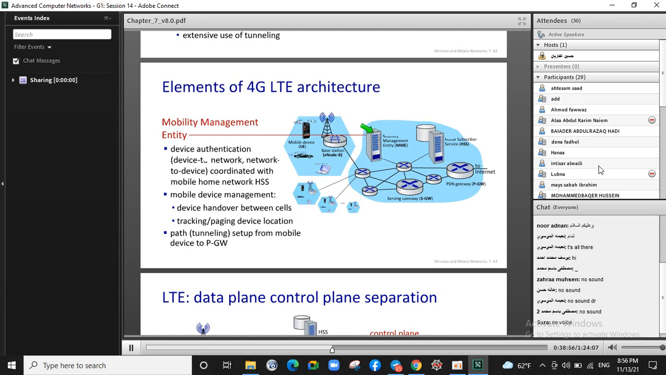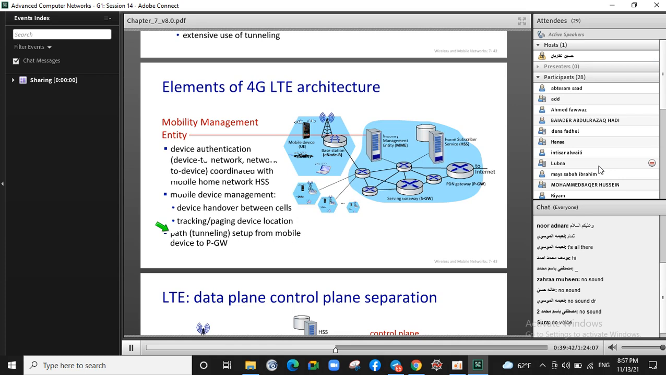But sometimes I'm moving between the cells, or maybe I'm moving from the network of one company to the network of another company. So here we have to manage the mobile device, because that mobile device hands over from one cell to another cell. So we should track that mobile device, and when there is a call, we should page for the device location to find it, and finally we should create a path, a tunnel